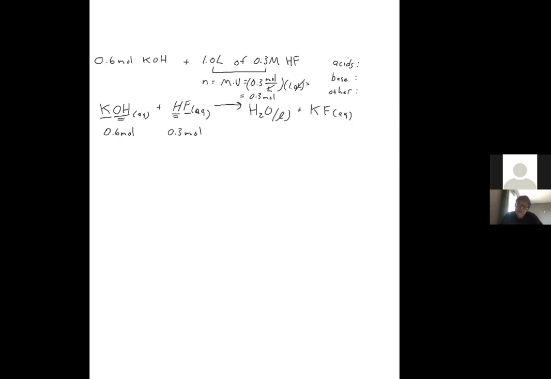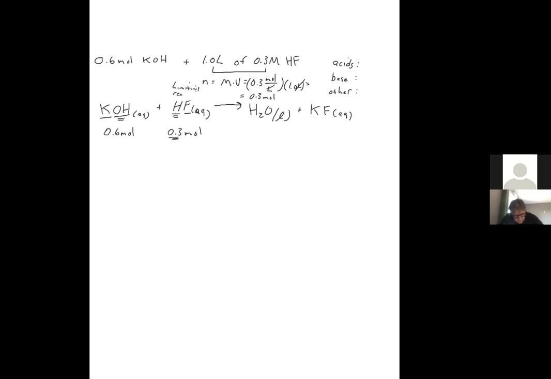And remember, we have this idea of the limiting reactant from Chem 11, from the first semester of general chemistry. If you have one reactant that's in lesser amount than the other reactant, it will limit how much of the products you can get. So here's what will happen. This is the smaller value here. So this is the limiting reactant,